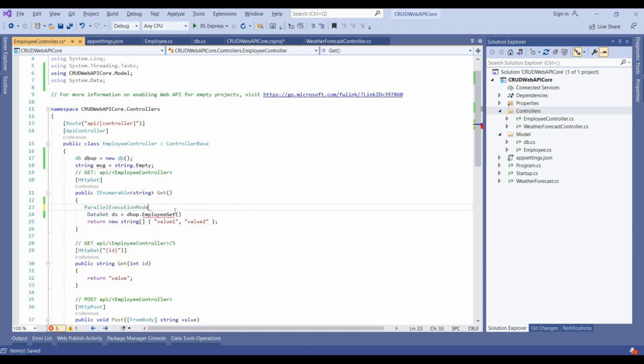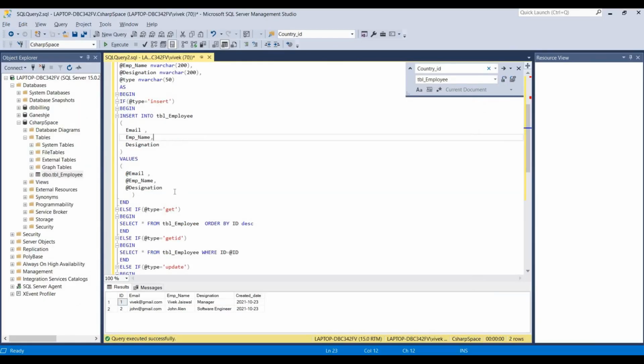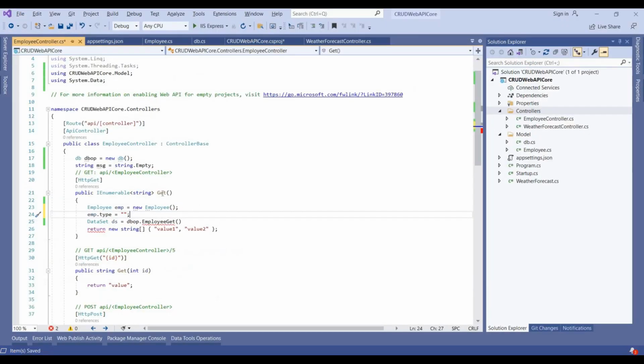and I'm getting this employee object for this, emp is equal to new Employee, and then we provide a value for this employee type. We want to get the value for this, so I provide the type as Get. Now we pass this object here, and this out msg,